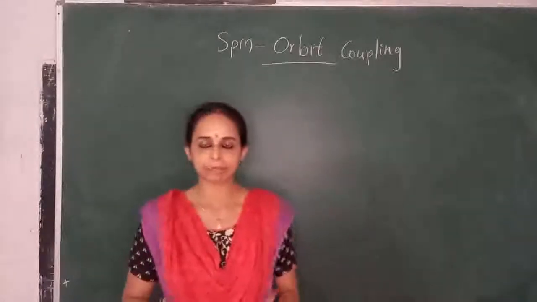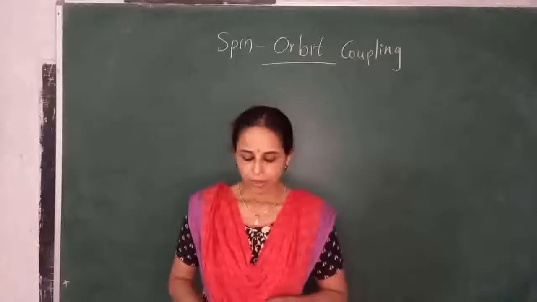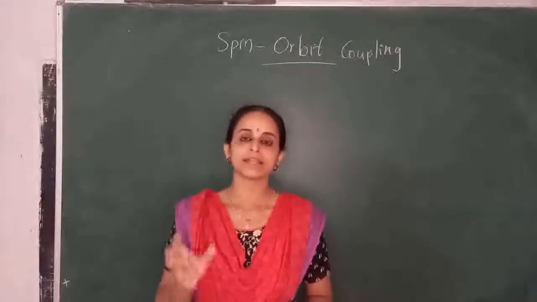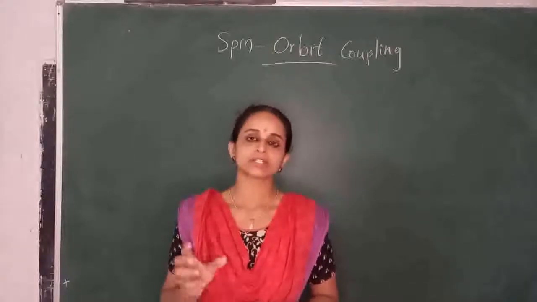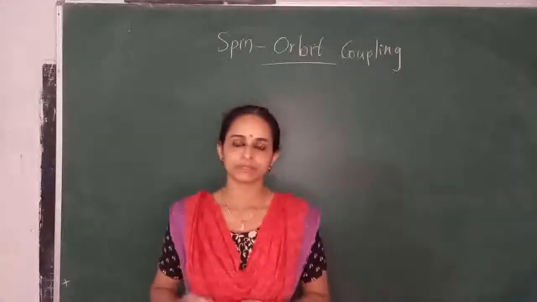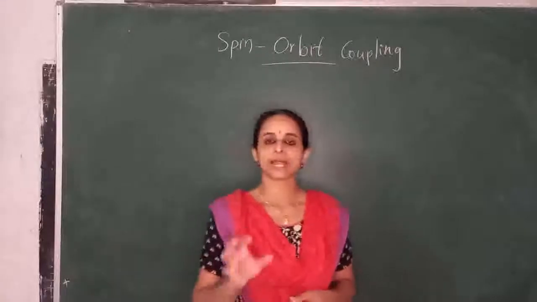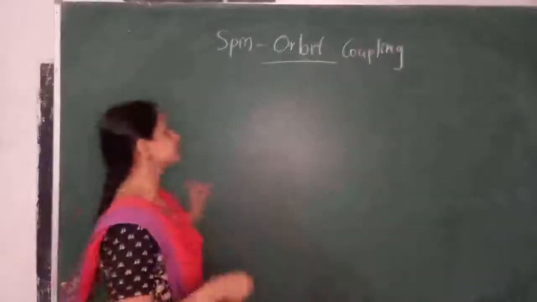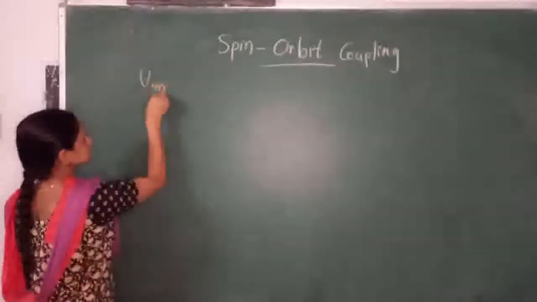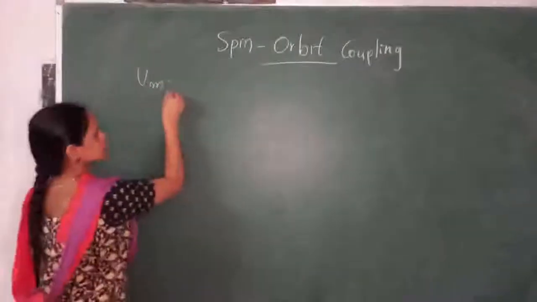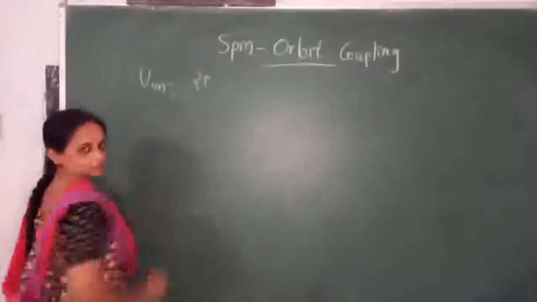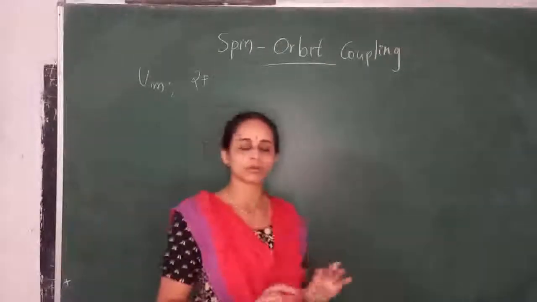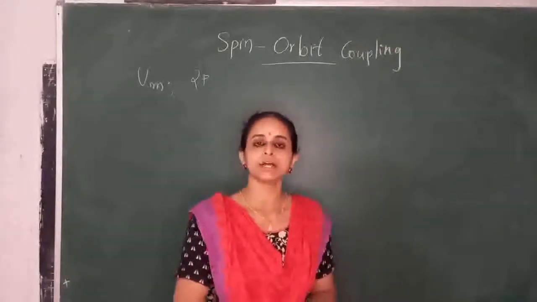So we have to estimate the magnetic energy for an electron in the 2p state of a hydrogen atom where n equal to 2. So we have to find out the magnetic field B corresponding to the 2p state of an electron in a hydrogen atom. In a Bohr model, we have to consider the Bohr model here.